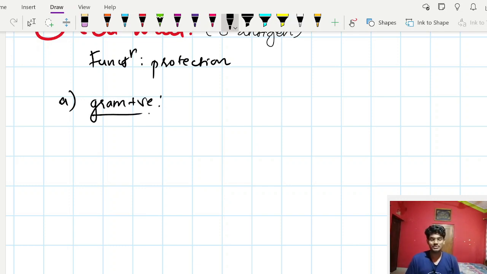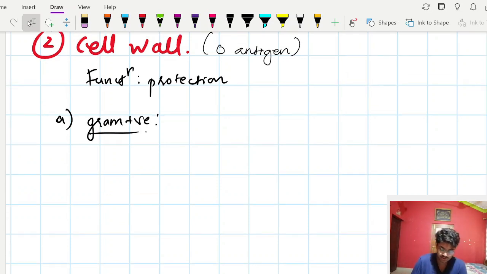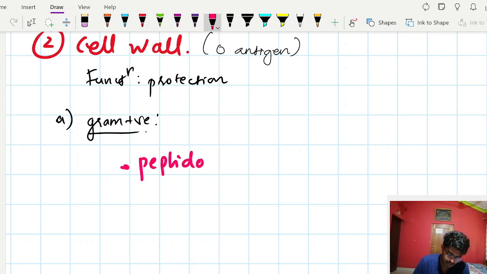Firstly, gram positive. We already know gram positive bacteria take up the primary stain and will not lose it after we add a decolorizer when doing gram staining. That means it has a thick cell wall. So the gram positive bacterial cell wall is made up of peptidoglycan